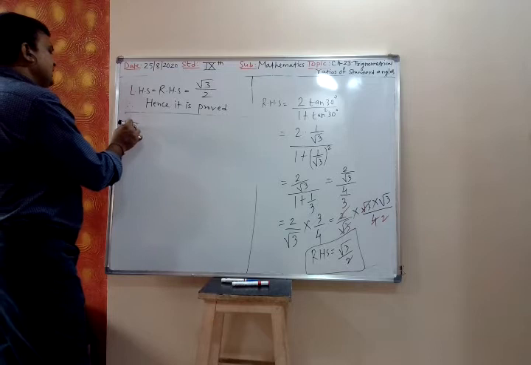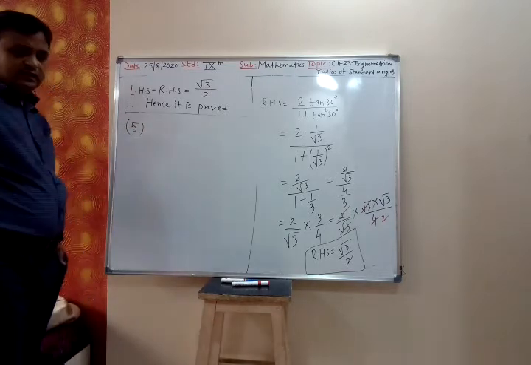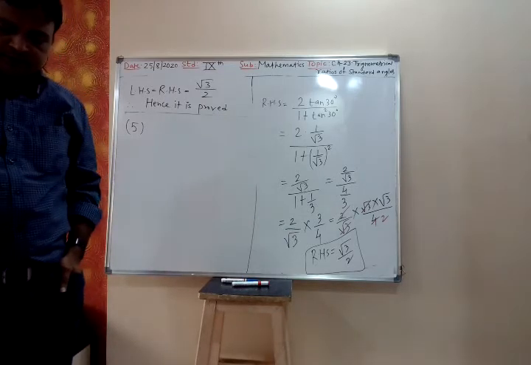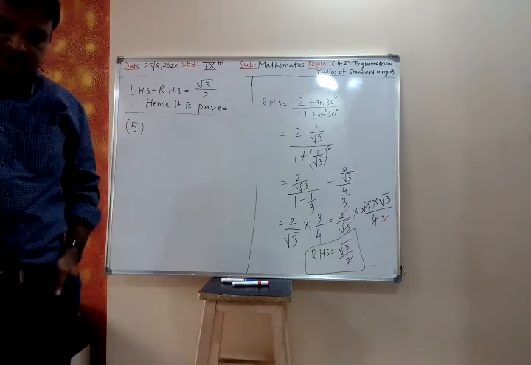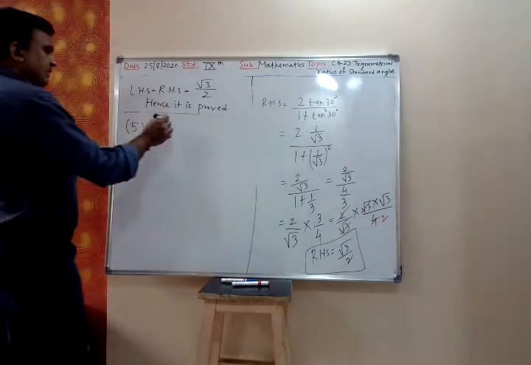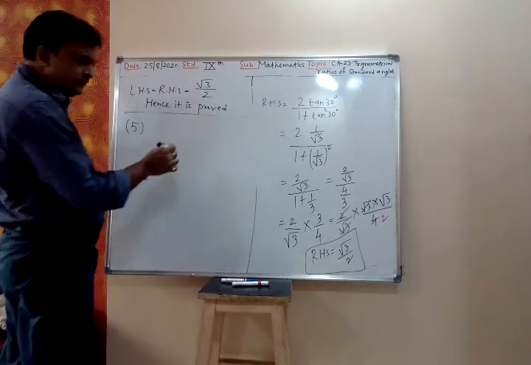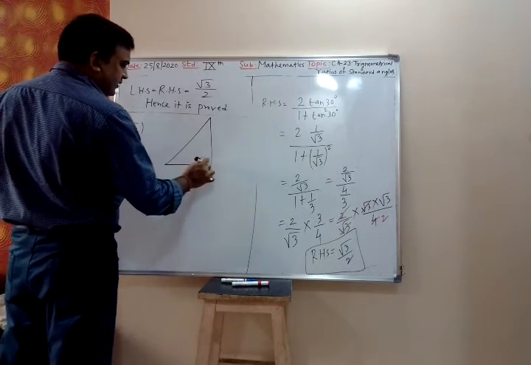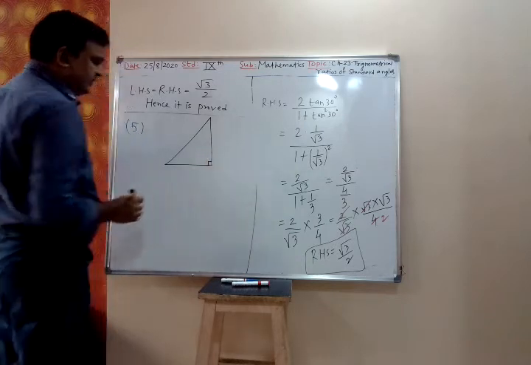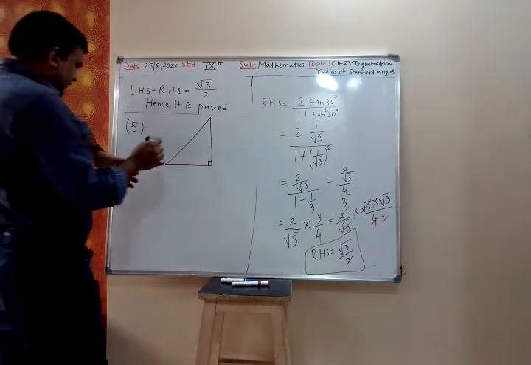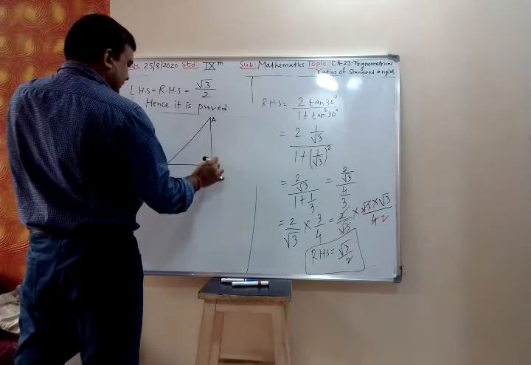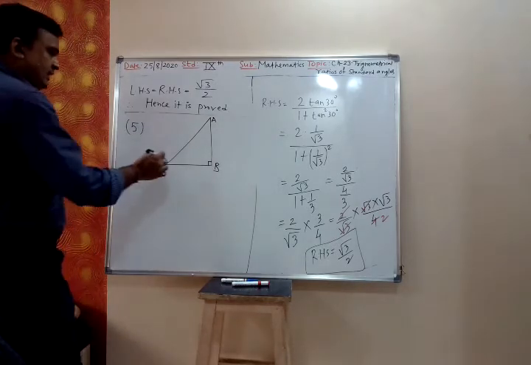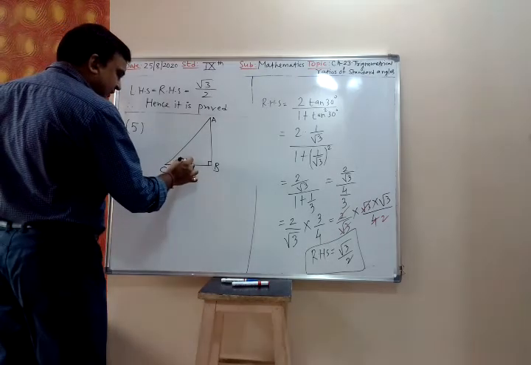Fifth one. Just pay attention, fifth one. The level is a little bit high, but that does not mean it will not be there. Yes, just think. We have been given the isosceles triangle. Let me explain this part, and then you tell me whether I should do it or not. This is my 90 degree. Wait my dear. ABC. 5 minutes are there. Then this is an isosceles triangle. This side is the same as this side.